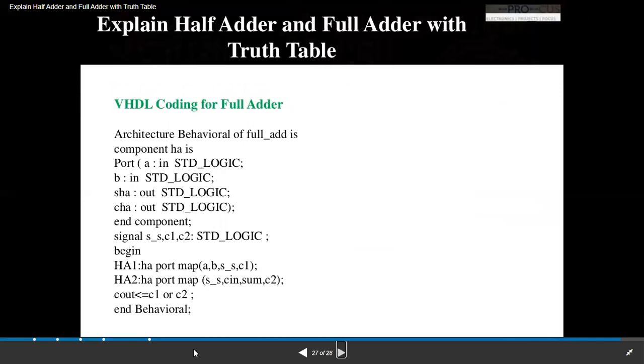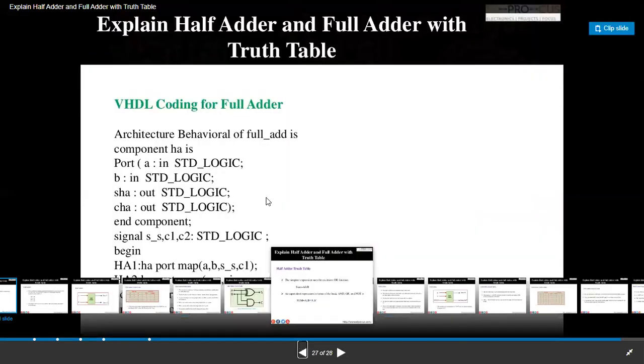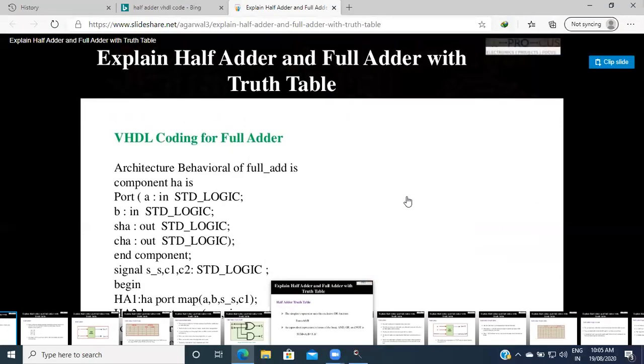Then end behavior. So in that way we are defining that half adder and full adder structure. So is there any doubt in that half adder and full adder structure? No. Okay. Then the next point which we have to discuss,